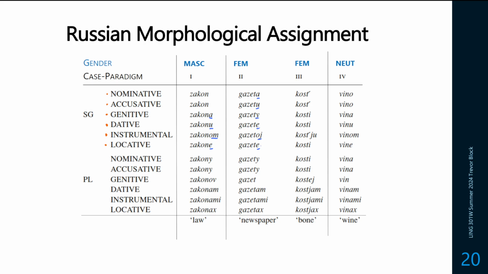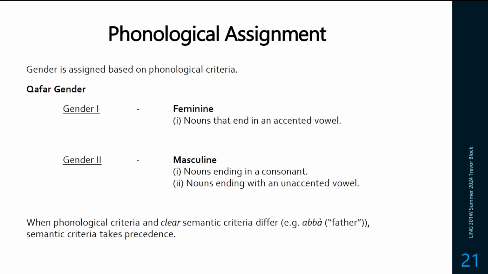So when Russians hear new words and they're trying to determine the gender, they'll just listen to a couple words and then they'll make a decision based on how it's being changed. So the base form is going to help a lot with that, but hearing other people use it and hearing the agreement forms, that will help too. The last one is phonological criteria.